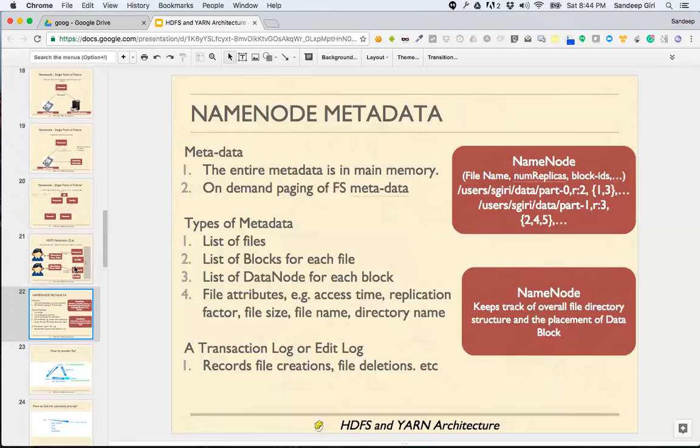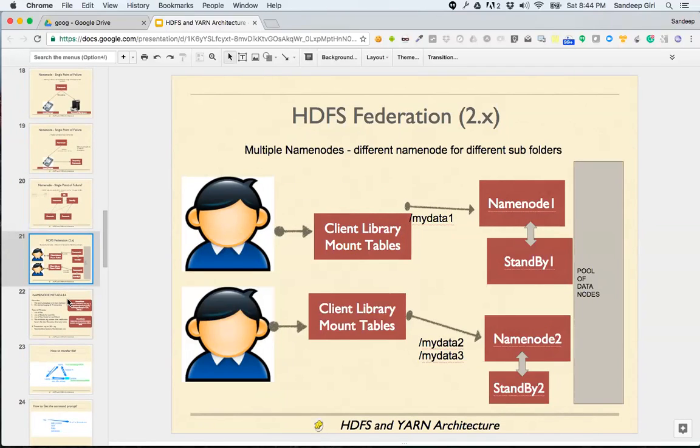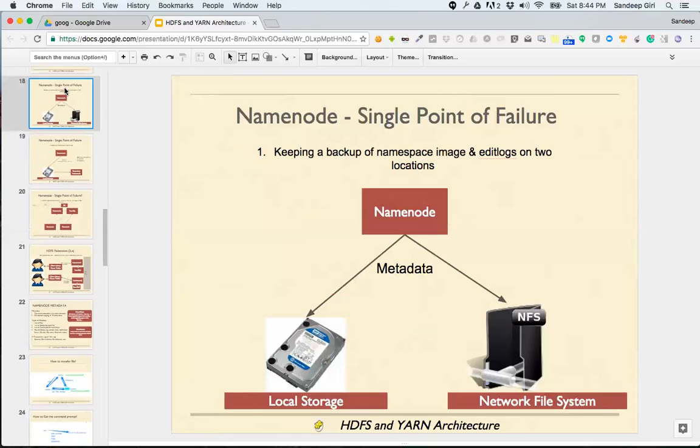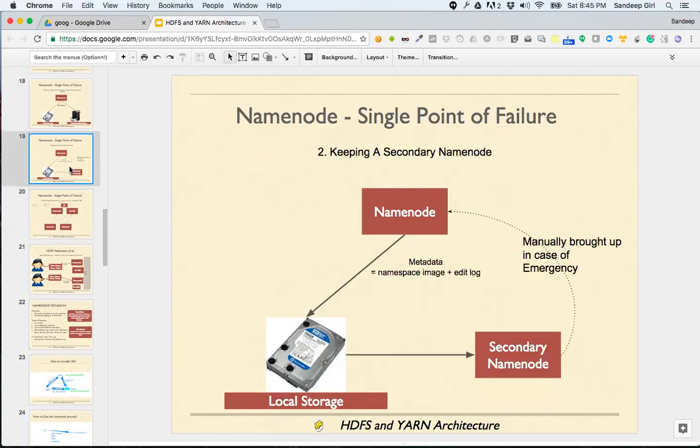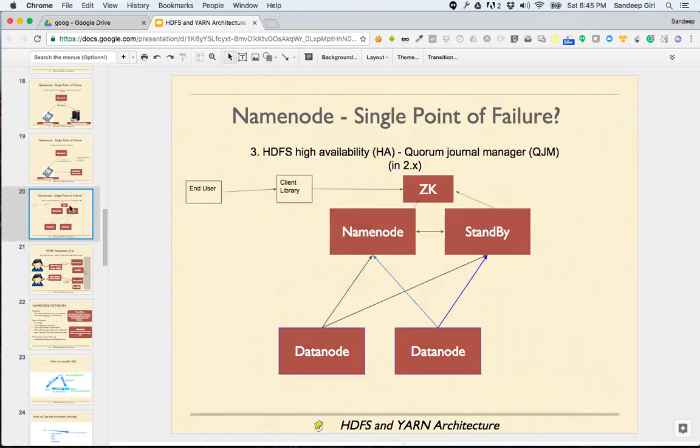All right, now, we talked about two things today. One, how to avoid the name node becoming a single point of failure. Second, by way of keeping the mirror of the image and the edit logs, and maintaining a secondary name node, which are both very similar processes. And third is by maintaining a highly available setup, meaning using a standby name node.